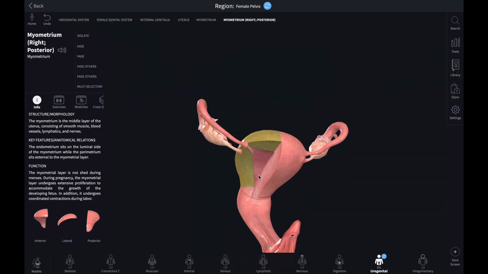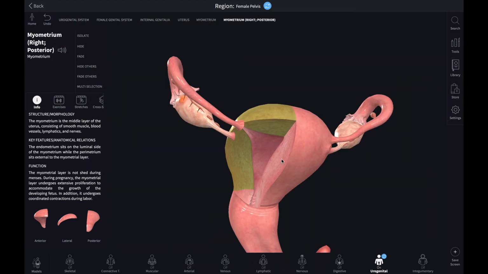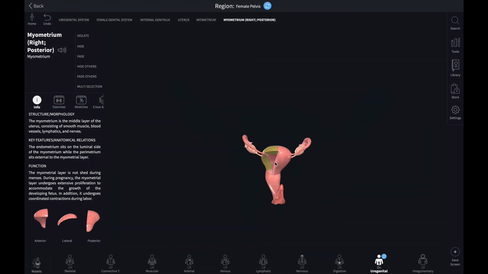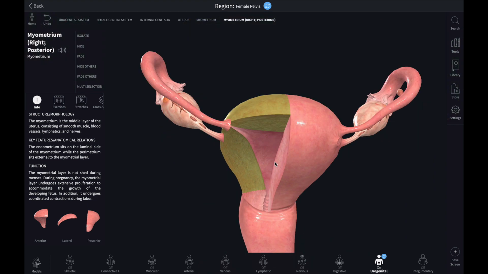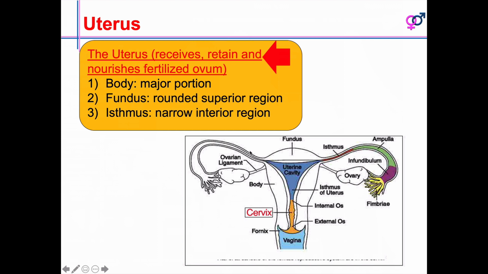Otherwise there are chances of rupture of this uterus during contractions at the time of delivery. That is why surgical removal is done for the second baby also if a female has had a first C-section baby. Now you see the upper part of the uterus is called the fundus